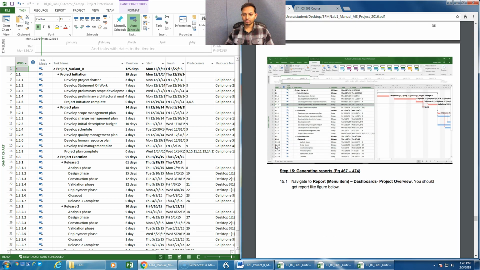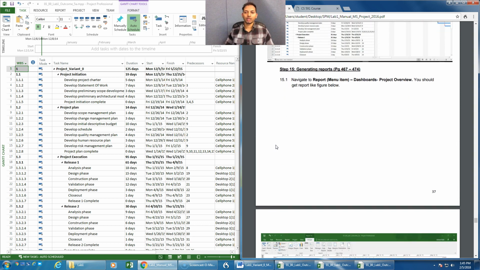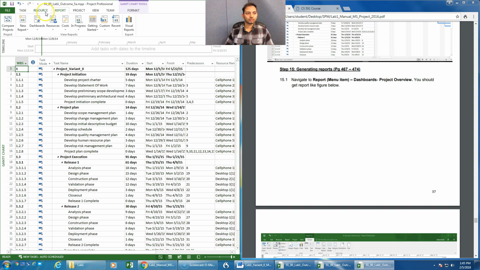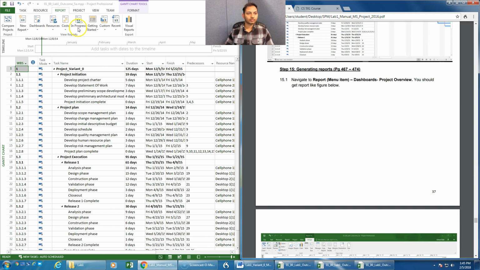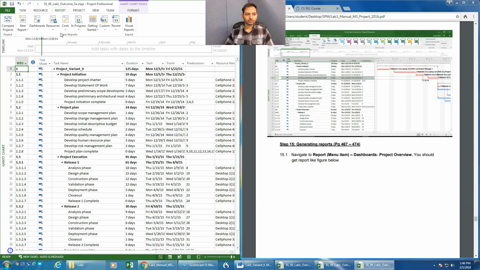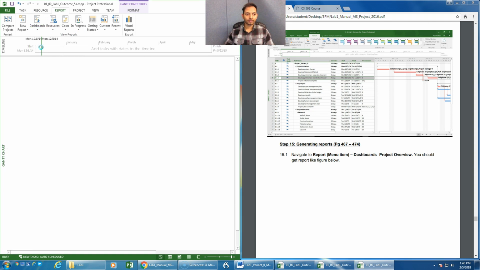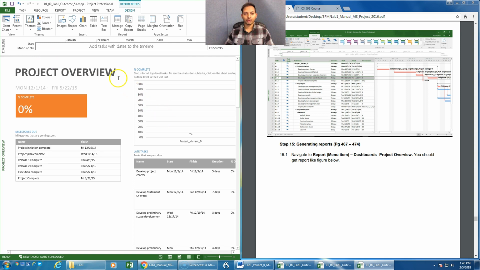Next, we have to generate a report. So to generate the report, you need to click on report, and then click on dashboard, and then click on project overview. So once you click on project overview, this will show how your project is. Since we haven't started it yet, it is 0% complete. So this will be your project overview,